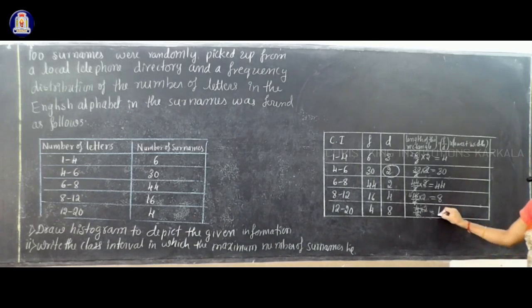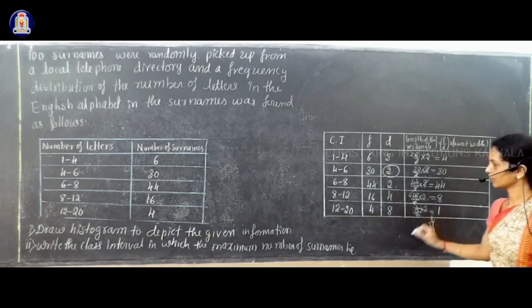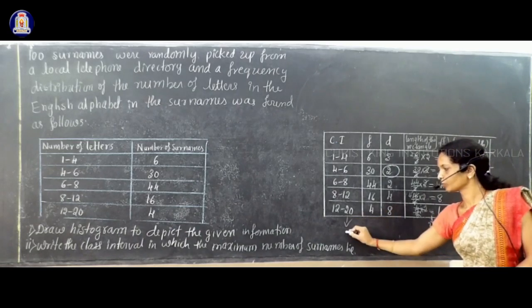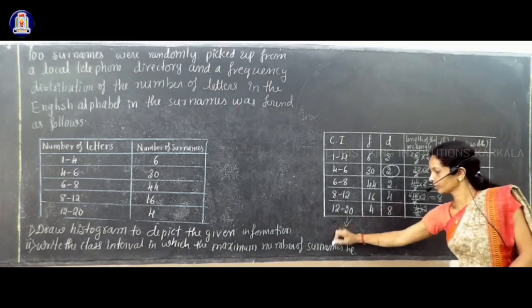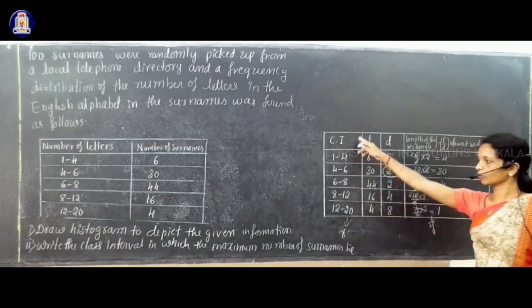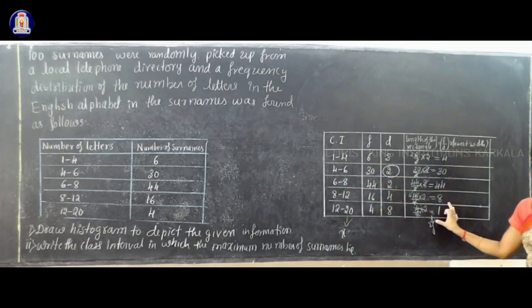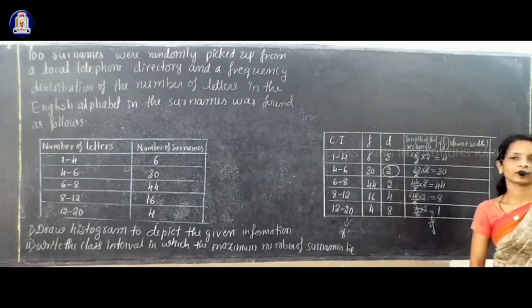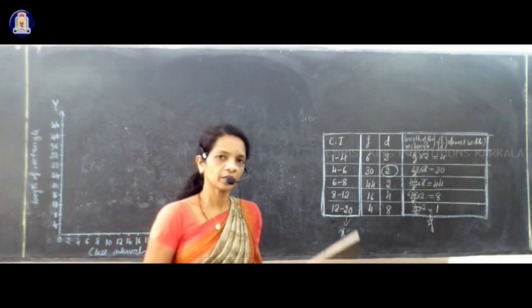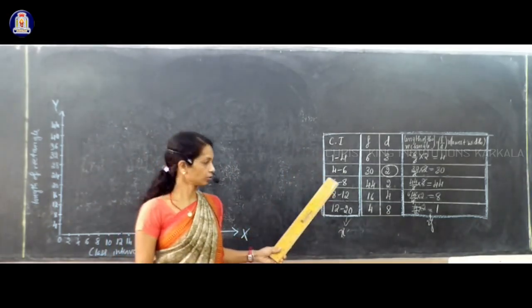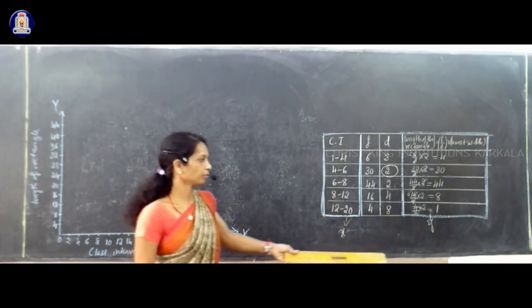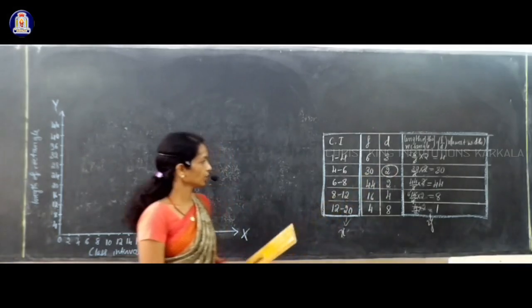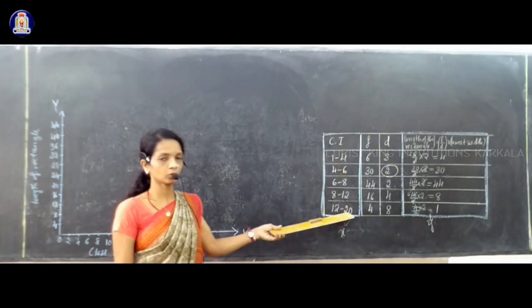1. Now you observe that these values we have to take on the y-axis, and on the x-axis, as before, we take the class intervals. So you have to observe this column and the last column. This column you take on the x-axis, and the last column you take on the y-axis. Now we draw the histogram for this. You have to observe only the first column and the last column. Here you see 1 to 4, like that up to 20.